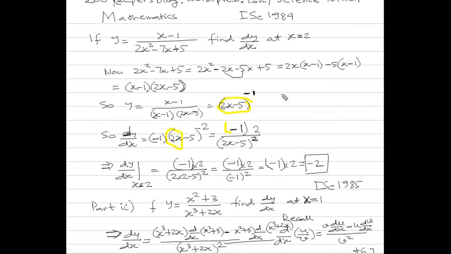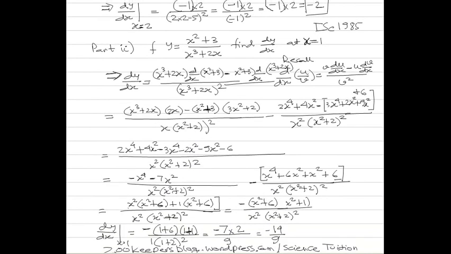So that is what was the question, that find the dy by dx at x is equal to 2, and that gives us the marks. It's a very simple one. Next, we have another question from ISC 1985, a simple one again,